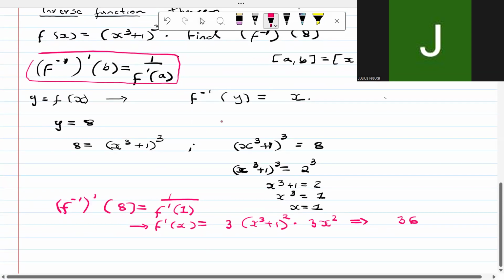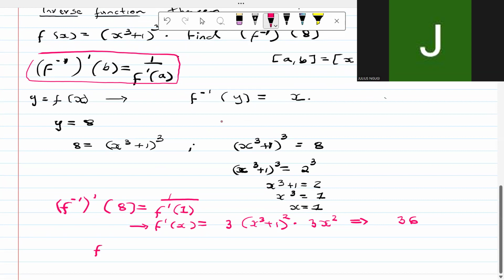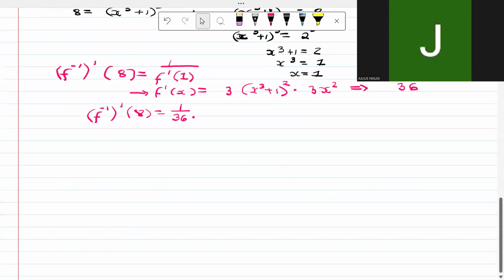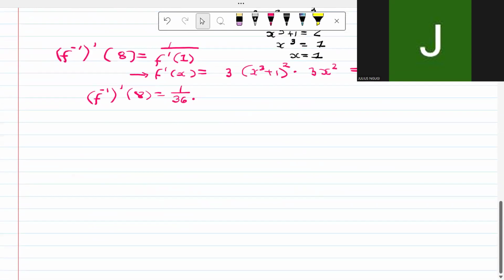Now, that's f prime of x. So that means that the derivative of this inverse function is just equal to 1 over 36. That's example number 1. Let's do the second example